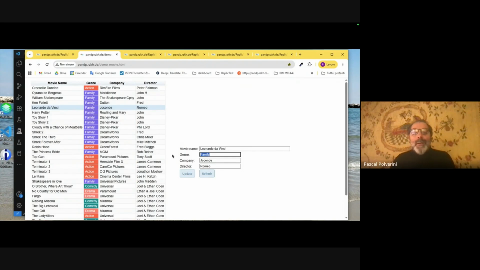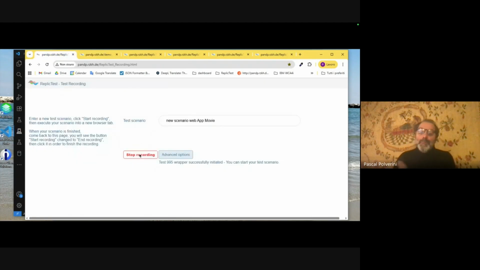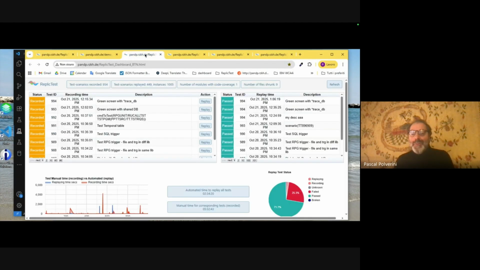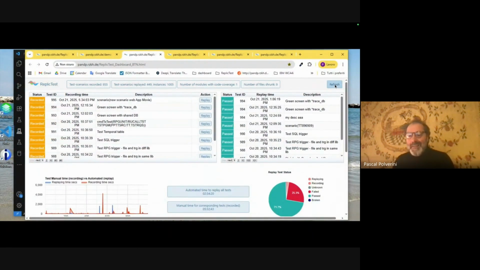This is web. Here we update some record, but it could be any web application connected to the IBM i, directly or indirectly. And here I'm just updating several things. When I'm done, I'm coming back to the first tab and click stop. And that's it. A script is already generated, available on the IFS, and could be used as is to replay